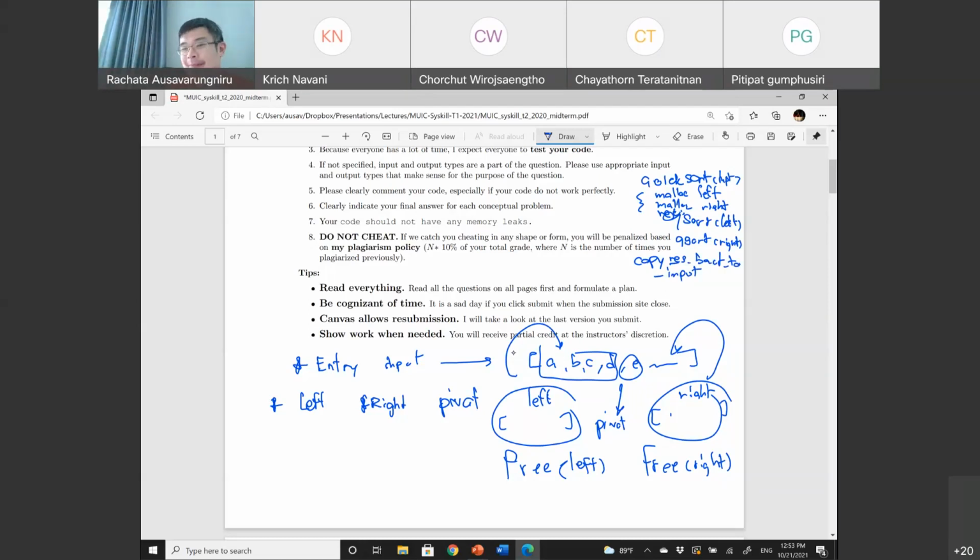Afterward, before you return, because you know that we don't need left anymore, we don't need right anymore, because everything is now in the resulting array, you can then free left and free right. Because by this point, you guarantee you're not going to touch left and right anymore, and then you end the loop. Then that's when you return. So you free before you return, if you know that you're not going to need that array anymore.